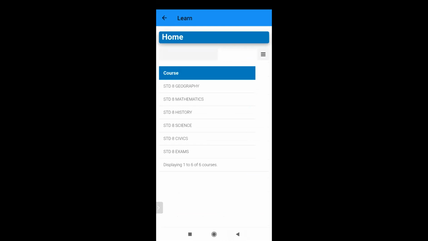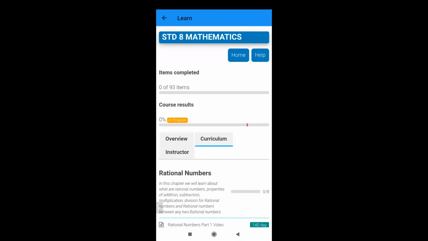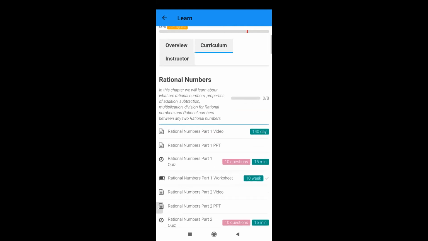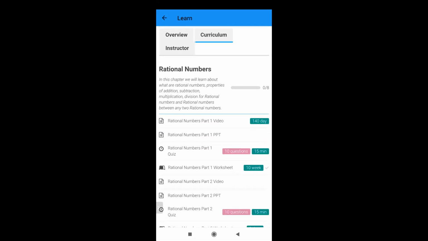Once you have created this, suppose this school has created all this content last year. Now this year they don't have to make anything. Only what they would do is publish, define a date, say open one subject, say science or mathematics, and rational numbers. When they have finished studying that part, then they will publish it. For this year, 21-22, when they have covered this particular part of rational numbers, only then would they publish that. So they won't be able to see all the course now. As and when they progress, they would publish that data to the students, and only then can they see that content. So the work becomes much easier for schools.